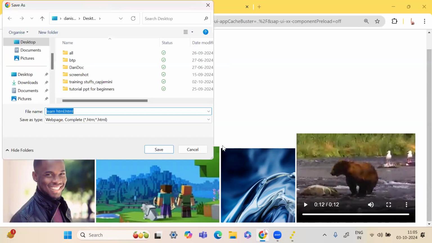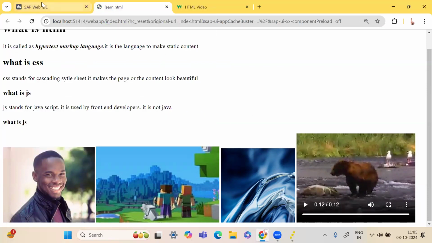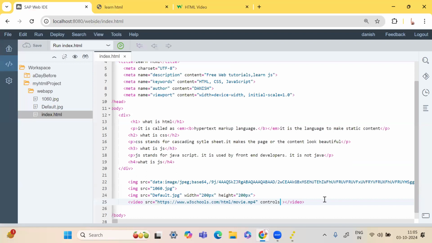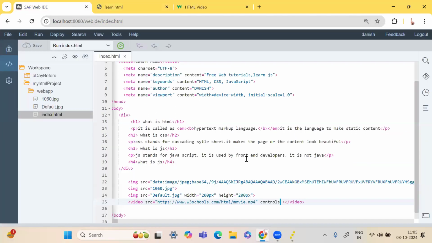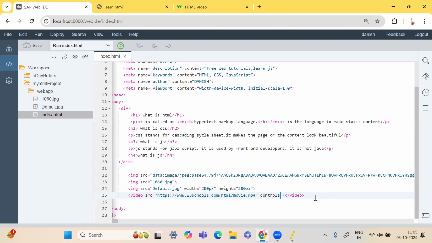So brilliant. Now come back to our project. That time I accidentally pressed a control save over here. We don't save anything on this page. Actually, we save everything over here. Okay, so we saw how to use the video tag as well. So you can put more videos inside it. What about putting the